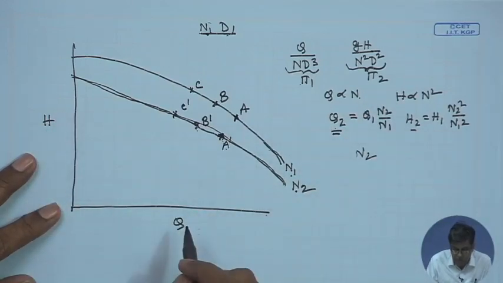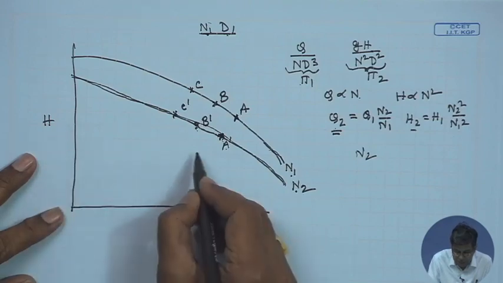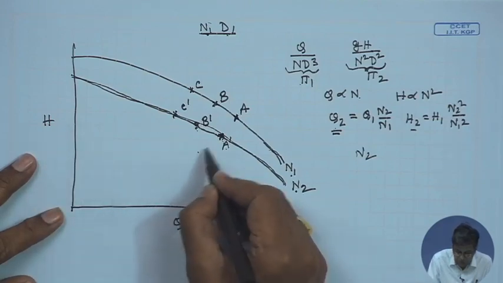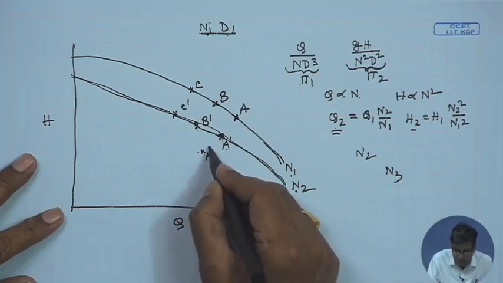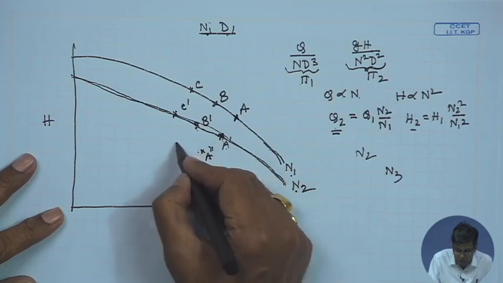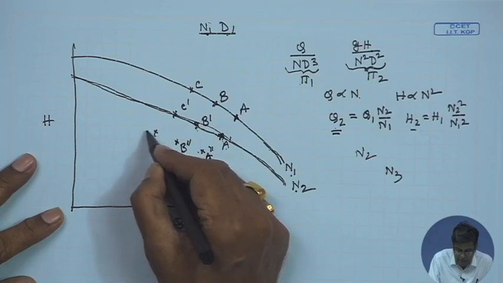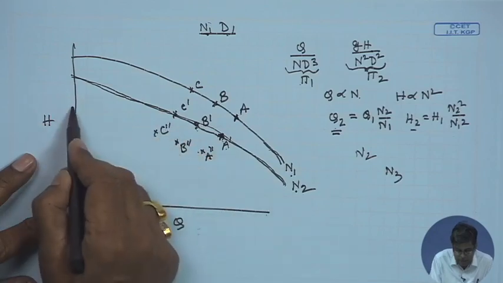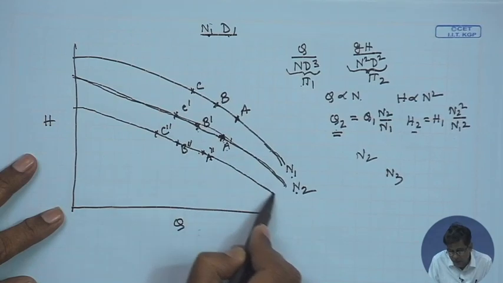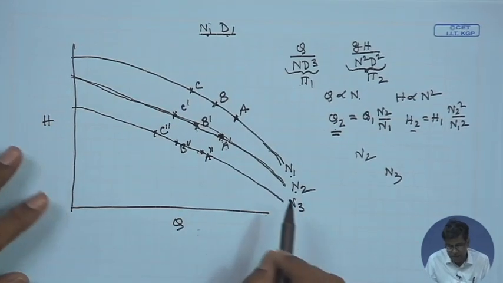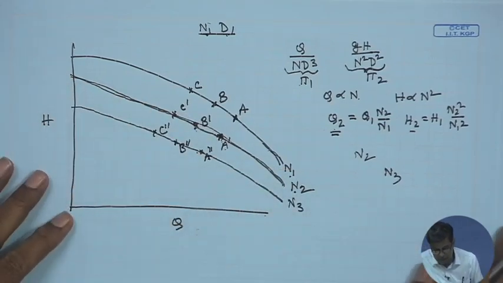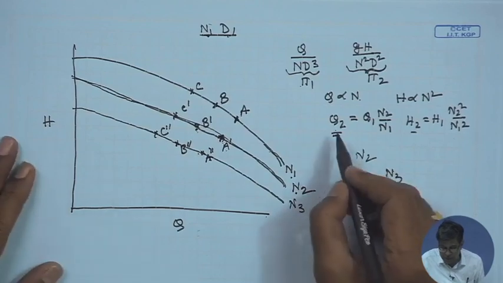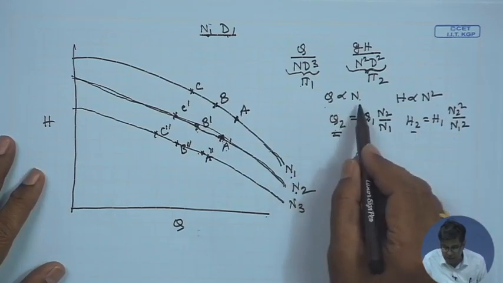This way we can draw this, but similarly we can take another speed N3 and draw the curve, draw the corresponding points like this, B double dash and C double dash, and we can generate the HQ curves, or HQ characteristic curve, at different speeds N1, N2, N3. Now, the most interesting part is that if you see that Q varies as N